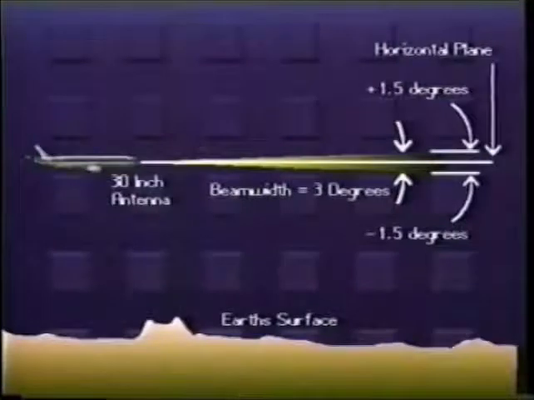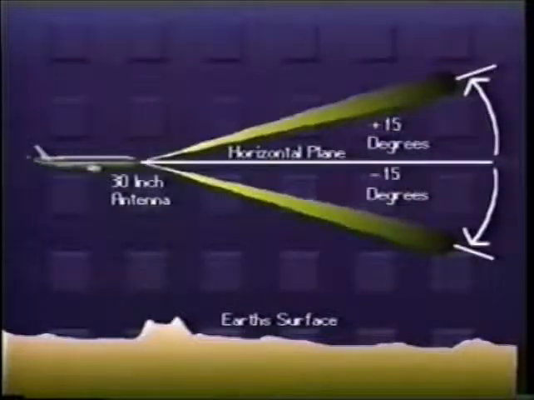A stabilized antenna scans horizontally as the aircraft maneuvers. With the tilt control set to 0 degrees, the radar beam center is set at the aircraft's altitude and projects 1 1/2 degrees above and below the horizontal plane. The tilt control can be used to direct the beam plus and minus 15 degrees with respect to the horizontal